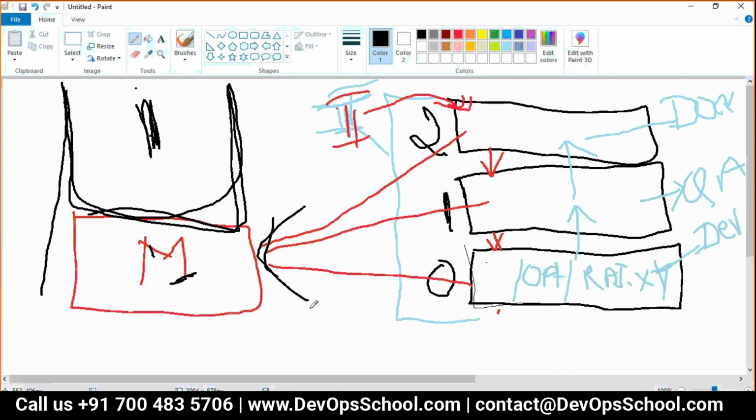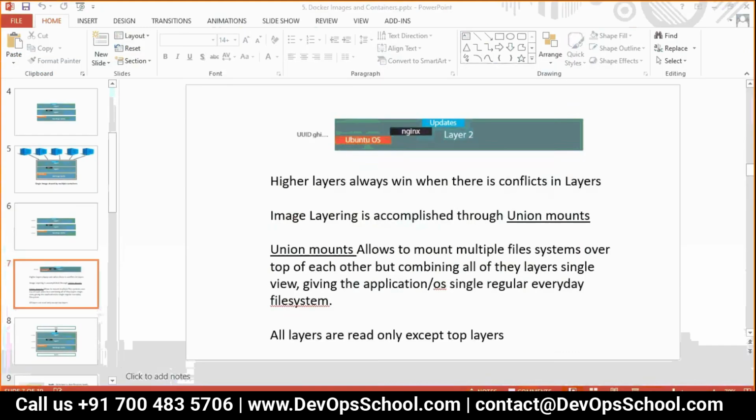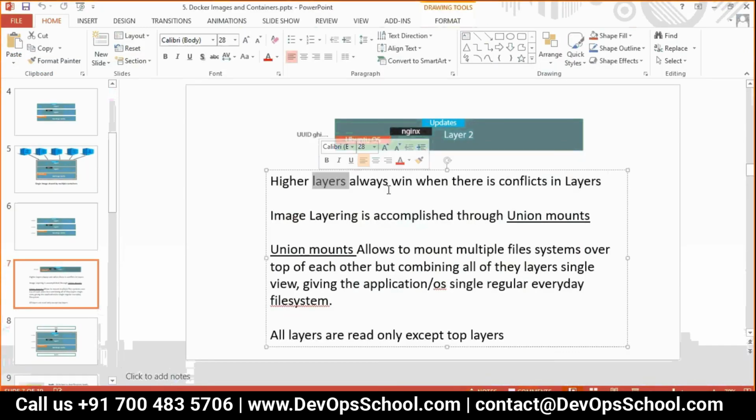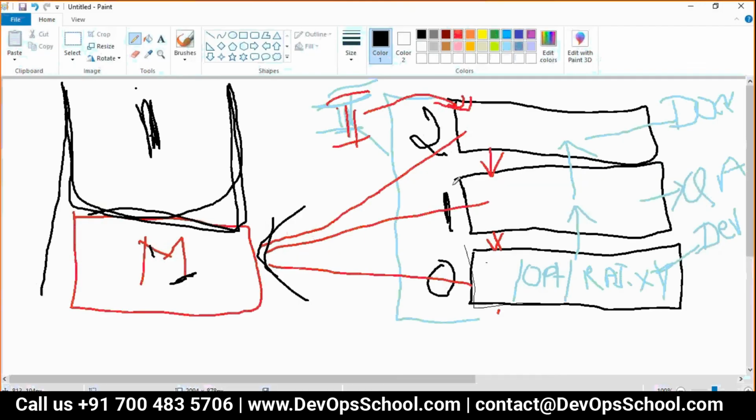Okay. So guys, now apply this rule. First rule, the higher layer always wins when there is a conflict in layers. So in that rule, tell me, inside a container, inside opt.raj.txt, what is the string you see? What is the content you see?